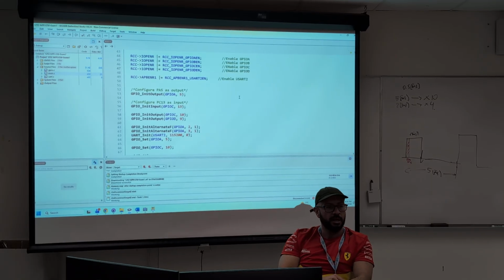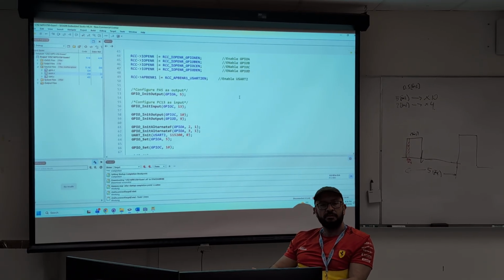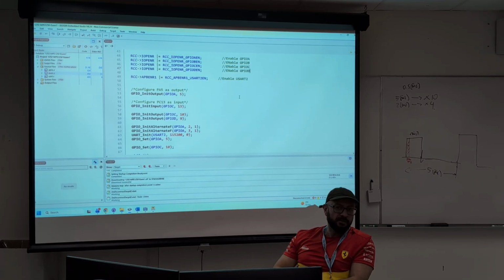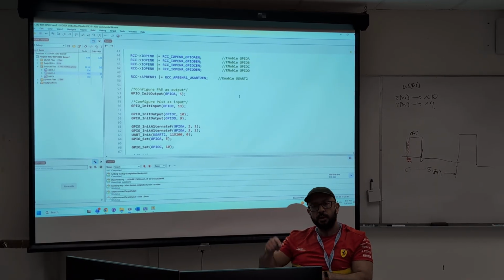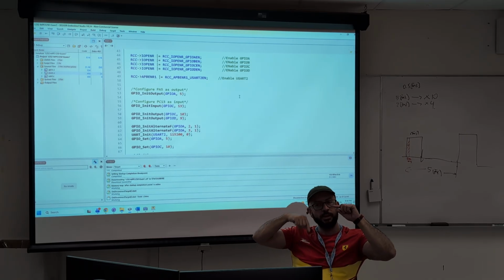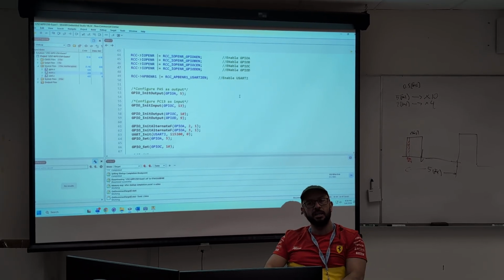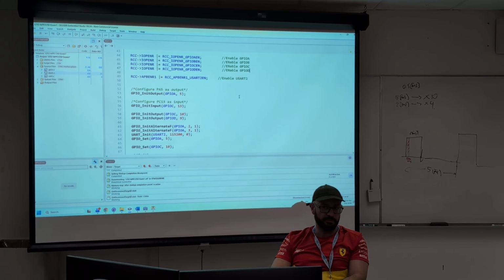You just keep looping. Let's say you have a task that is supposed to run every 50 milliseconds. The terrible approach would be to block the code for 50 milliseconds just for that thing to run, right? Because it will block everything else, and that is the biggest problem. You want your program to be responsive to button presses and all that. And the moment you start adding blocking delays, things start to get unresponsive.